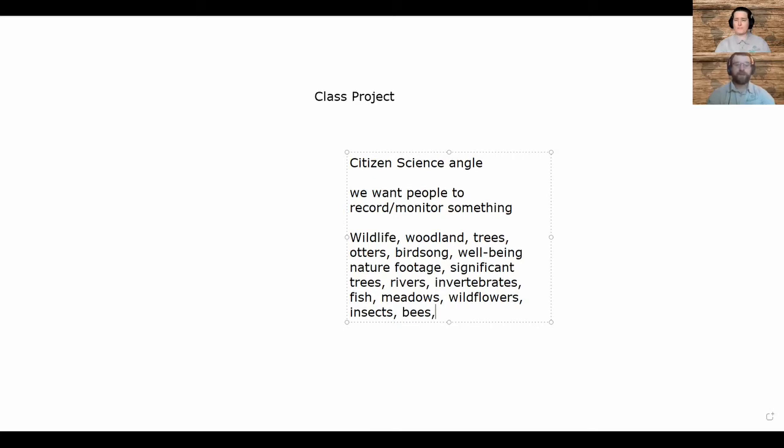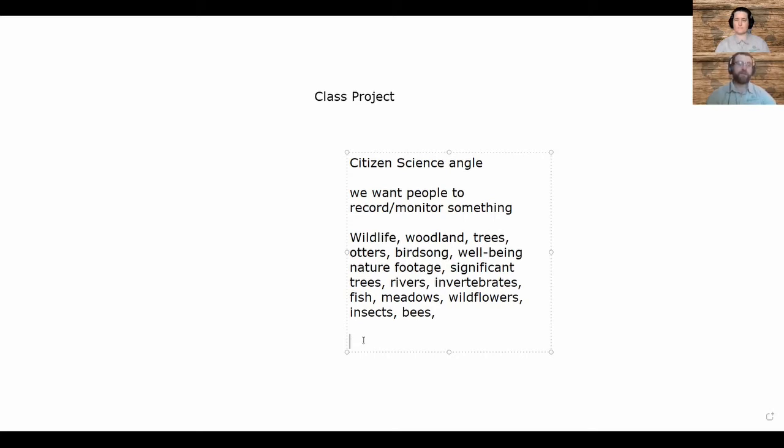Yeah, and another thing we covered, it's not just about the species, but it's the places that they're in. Like we've mentioned, woodland and trees. Tree is a species, but trees can also provide a habitat. And the meadow that you mentioned, that's a habitat.